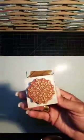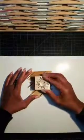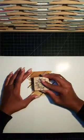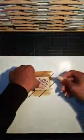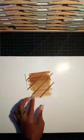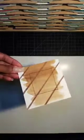So I coated it with some gold ink, and now I'm going to stamp it. I'm going to do my best to get it in the center. Like I said, I eyeball everything. I do not measure anything, so I do the best that I can with centering things. I'm normally pretty good, not always. That looks pretty good. Okay, you really can't see it, and you really won't see it too much until I